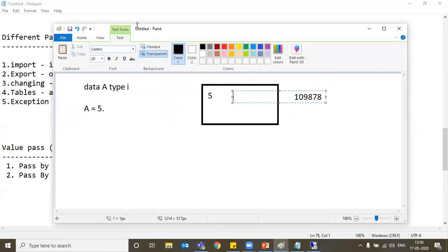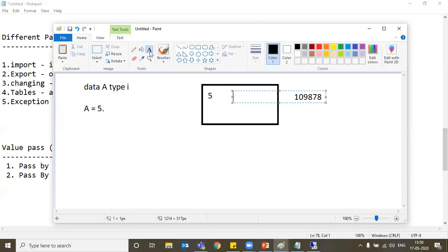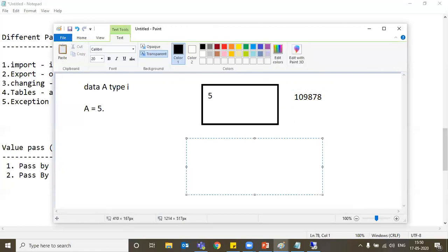Inside that I store the value a equal to 5. Now when it comes to pass by value, what will happen? In pass by value, this 5, the value, will be passed, because in pass by value it is passed to the function module or from the function module.